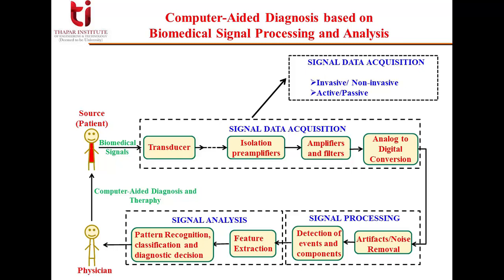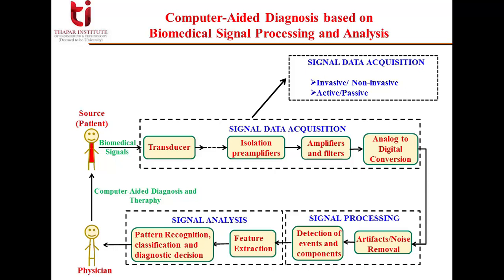For example, recording of ECG using limb or chest electrodes, as it does not involve any kind of invasion of the body. Active data acquisition procedures require external stimuli to be applied on the subject. For example, recording visual ERP signal requires the delivery of flashes of light to the patient. Passive procedures do not require the subject to perform any kind of activity. For example, recording the EEG signal during sleep using scalp surface electrodes.